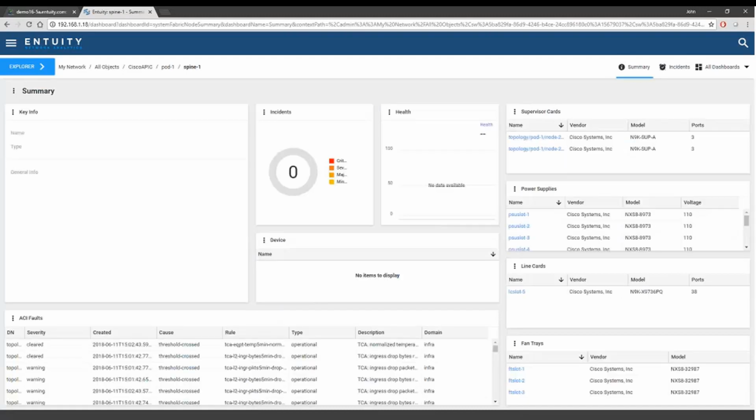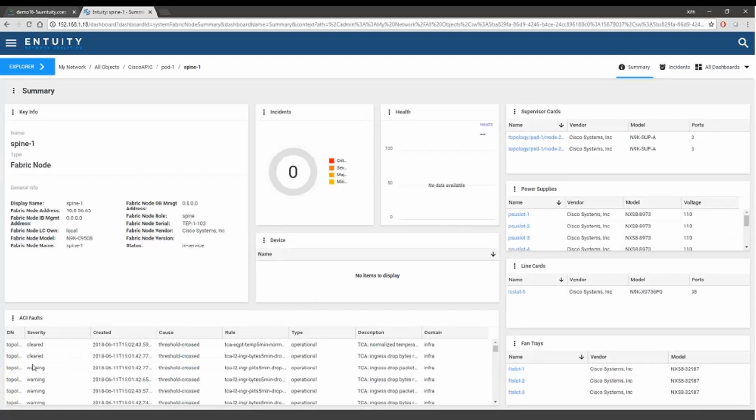We're picking up on the faults that are reported so that you can see them, but more specifically, the APIC will report a number of different metrics that it refers to as different health metrics. And when these drop below a certain percentage, then we will raise an event and corresponding incident, and you can tune that. So you've got a lot of information you can drill in, see your power supplies, line cards, fan trays, supervisor cards, all of this sort of information. And you've also got access to all of the tenant information and the policy control information that drives the whole